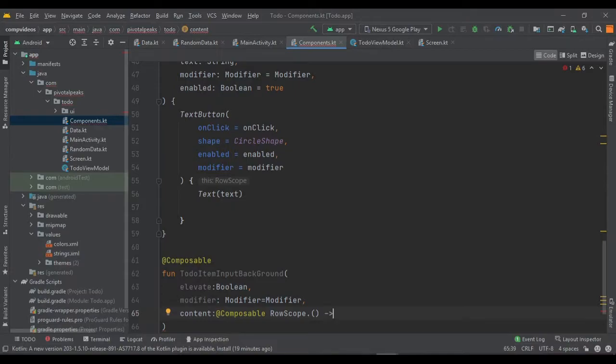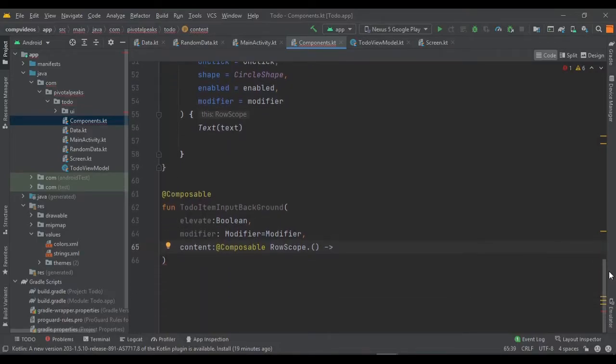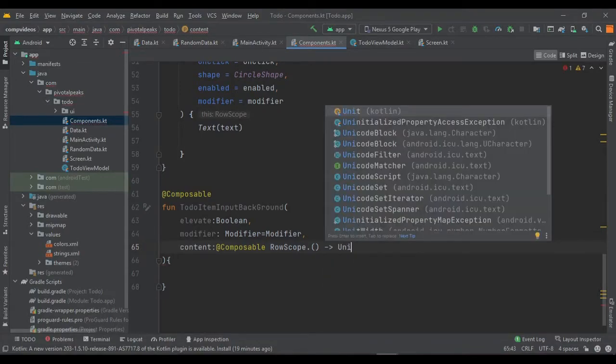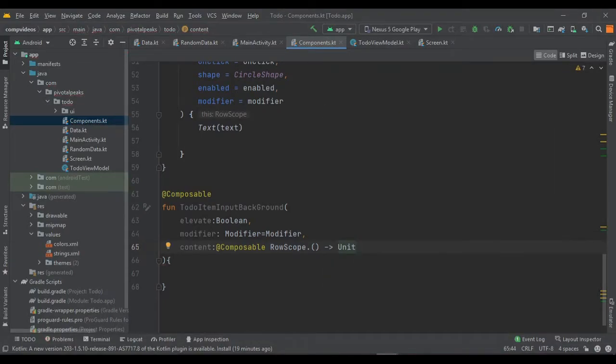So these are the three parameters that we need for our item input background, and it's still giving me some error. Oh, I forgot the typing. We need to provide the typing for the function, so it's going to be unit, which again means that it does not return anything.